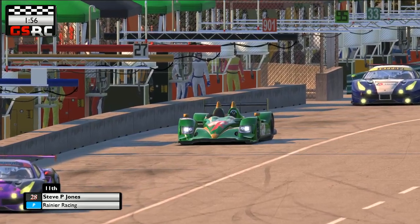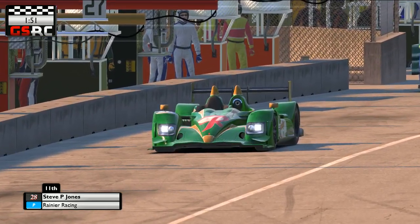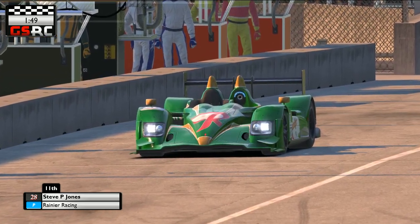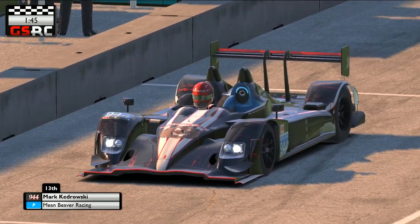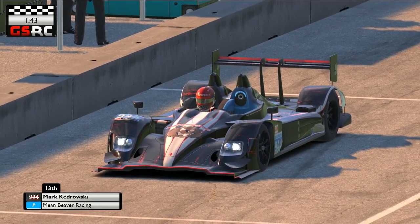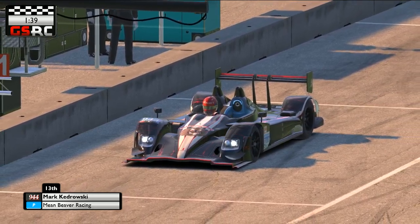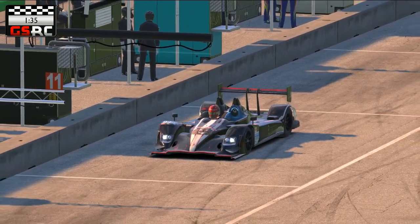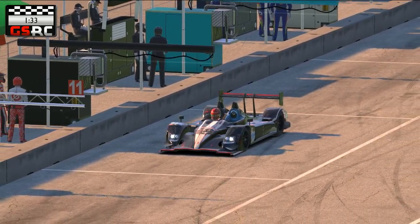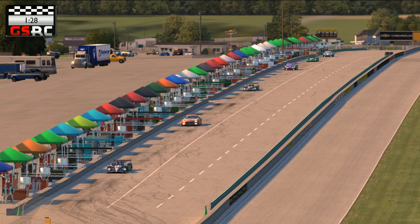And there's Steve Jones, one of our HPDs who will be starting this race. We're looking at one of his competitors, Simonic, who we're still waiting on for that maiden win. He's been there and thereabouts, has gotten plenty of podiums in the Autobahn series, just hasn't been able to find that top step yet. Mark Kudrowski as well, also one of the drivers taking part, going to start at the tail end of that HPD field. So, without anybody to really follow out there, why don't we go through our grid,